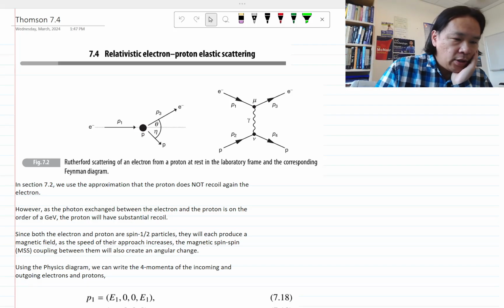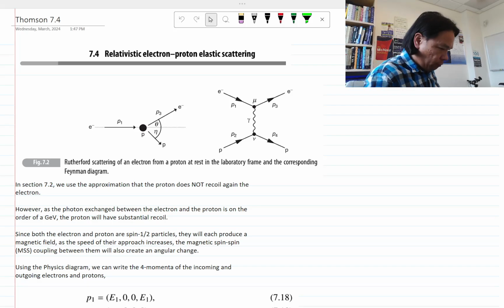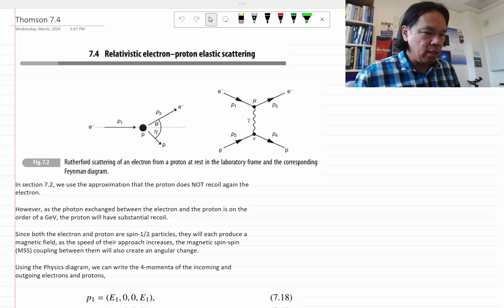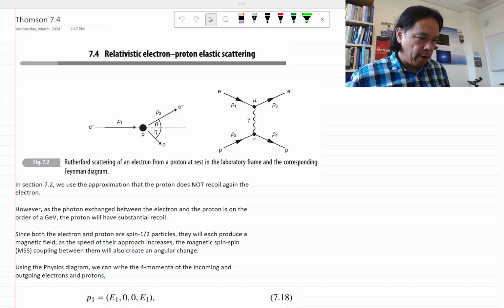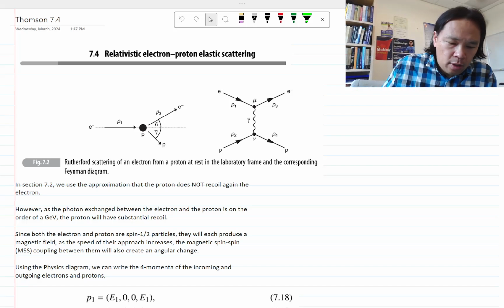Everyone, so now we get to move on to section 7.4, which is on relativistic electron-proton scattering. Previously in 7.2, when we did Rutherford and Mott scattering,